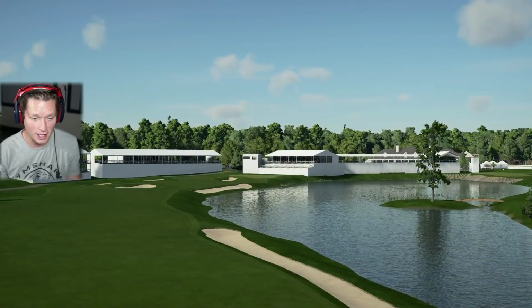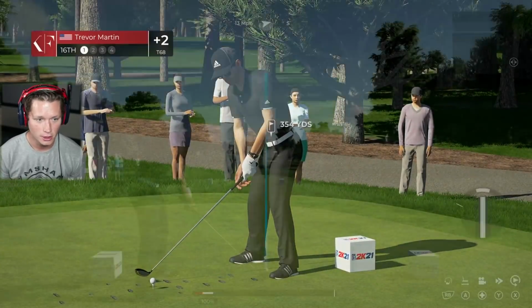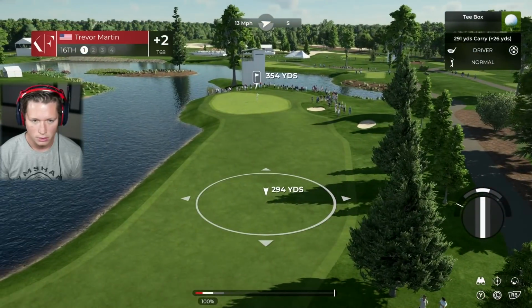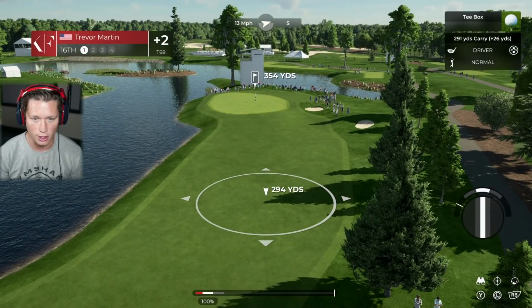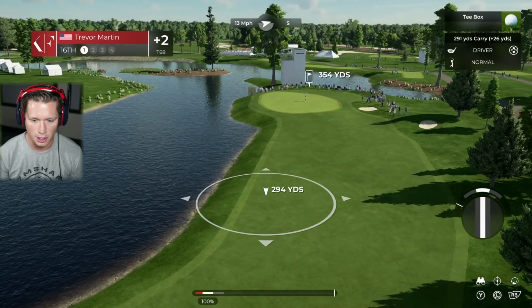Dude, pars aren't gonna cut it anymore, Trev. You gotta get top 50. You're tied for 68th right now. You're 2 over. You got 3 holes to go. On this par 4 hole. It's a short par 4, so if we were ever gonna do anything, this would be it. 13-mile-an-hour wind, which is pretty aggressive, but it's...